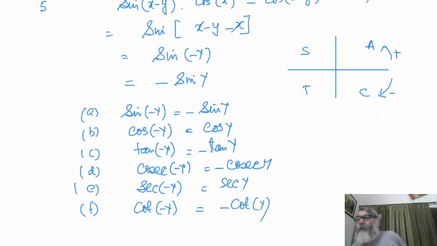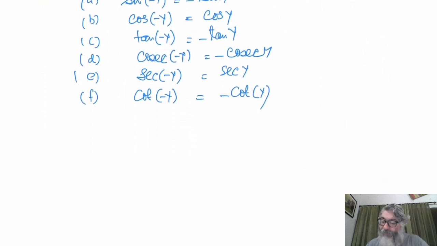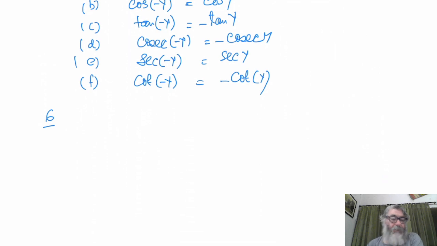Because the transformation is taking place along the x-axis, so there is no change. Sine remains sine, cos remains cos, tan remains tan, cosec remains cosec, sec remains sec, and cot remains cot. So that is why I brought this up here for your understanding, because we had not discussed it, but we had used it quite often and will be using it time and again. So it's better that you know it.